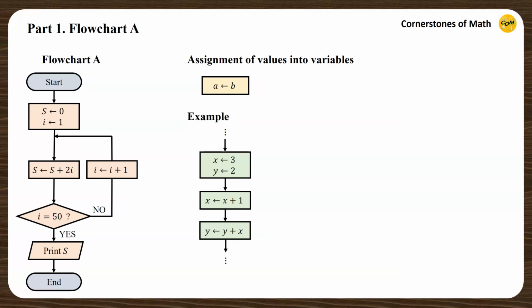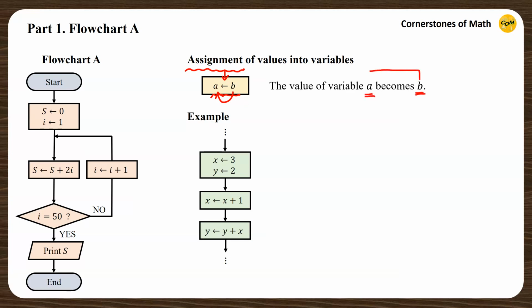In the flowchart, every process symbol is pretty straightforward and easy to understand, so let me explain only one notation that can be a bit unfamiliar to some of you, the assignment operator, indicated by leftwards arrow, used to assign or substitute values into variables. Here, A left arrow B means substitute the value B into variable A, or change the value of variable A